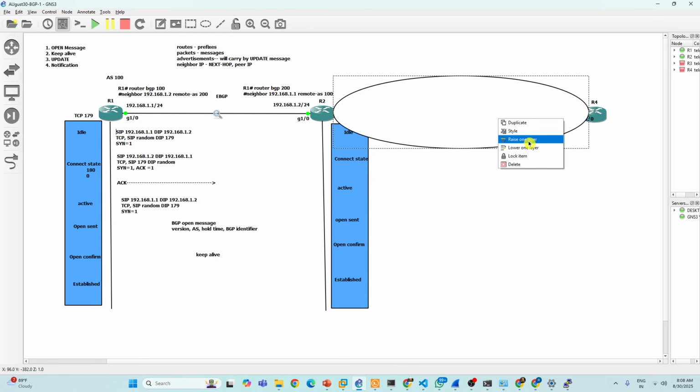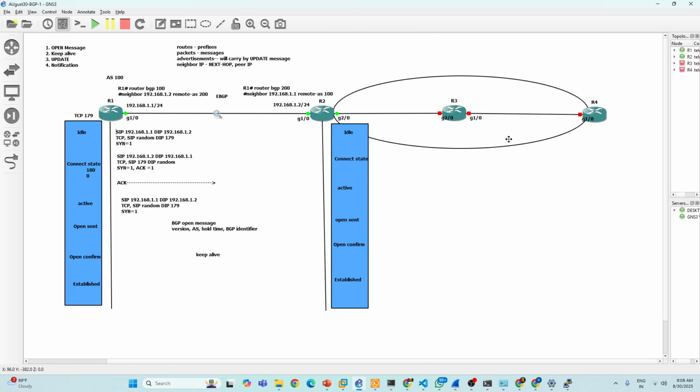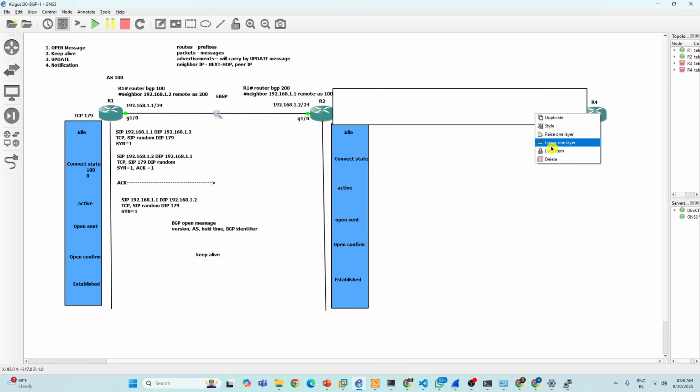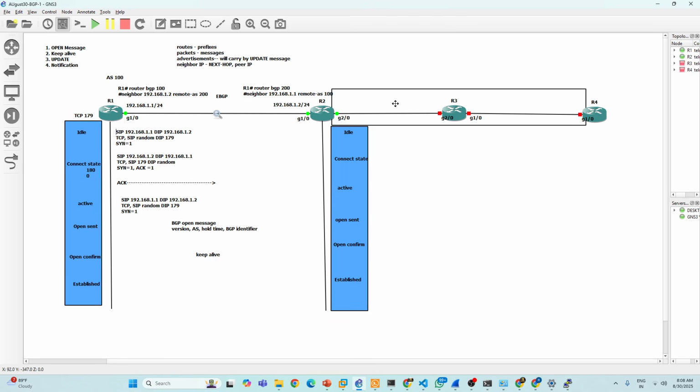Let's configure. Let's talk about this. This is AS200 only, completely AS200.